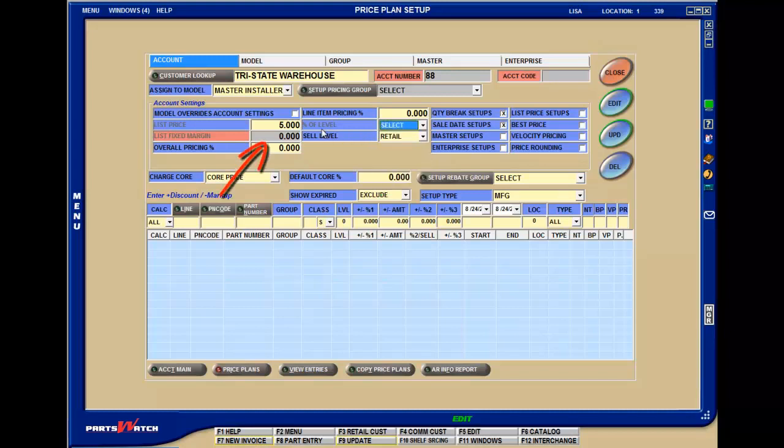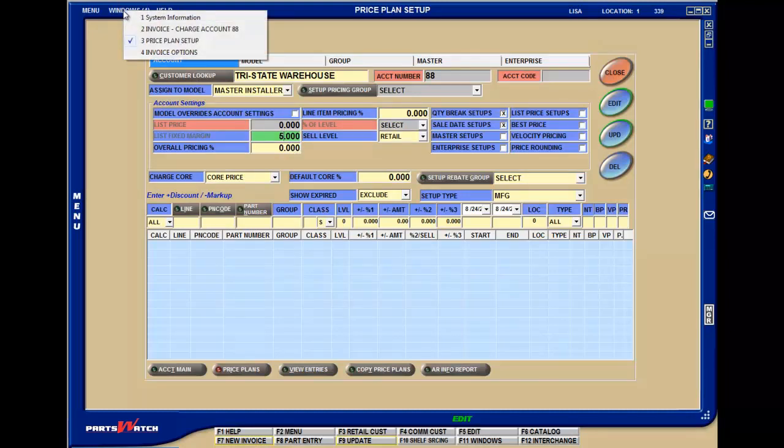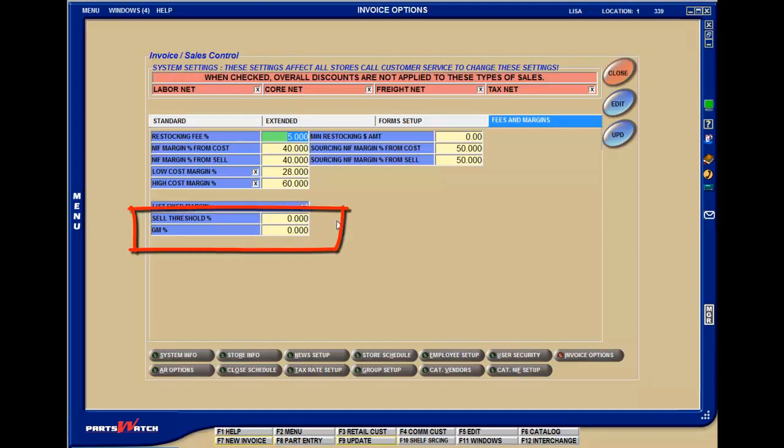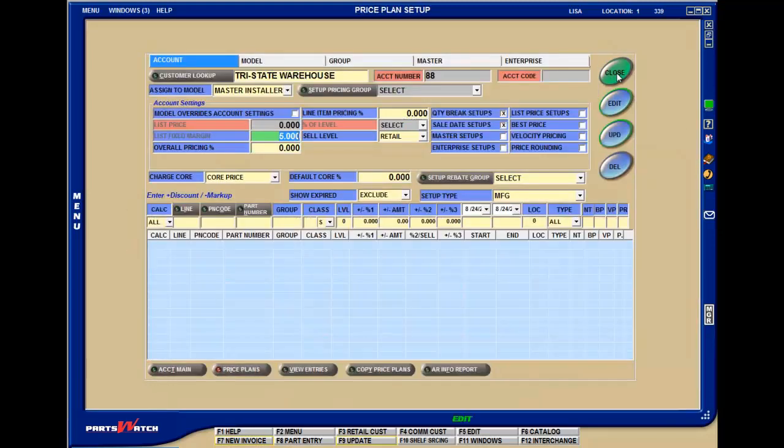If a value exists in the list fixed margin field, then that value is used as the margin percent to calculate list price for each part at point of sale. The list fixed margin flag on the invoice options screen must be checked in order for this field to be used. The system uses the sell threshold percent and GM percent on the invoice options screen to determine whether or not list should be recalculated if the percentage of difference between list and sell price is less than the value of this field, and if it is, then list is recalculated using the sell price and the value of the